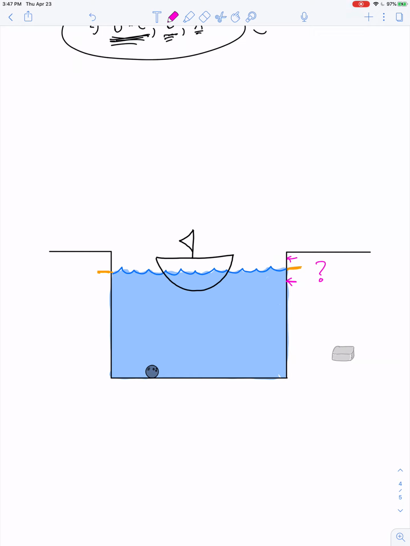Let me ask another question. What if it wasn't a bowling ball? What if I had a piece of styrofoam that was sitting in the bottom of the sailboat? And then when I throw it overboard, it goes splash, and then it comes to rest right here. Now what happens to the place where the water level meets the pool? Oh, and I didn't give you a third option here. It's option A, it rises, B, stays the same, or C, it falls. And then I'll ask the same question about the styrofoam: water level rise, water level stay the same, water level fall.